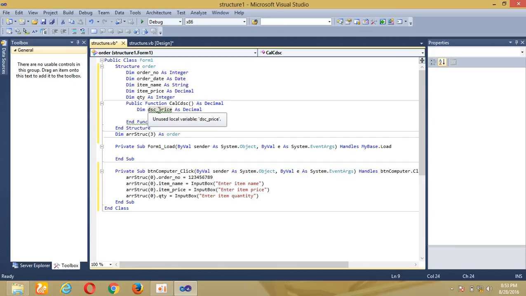So as we deemed this price, let's say this variable